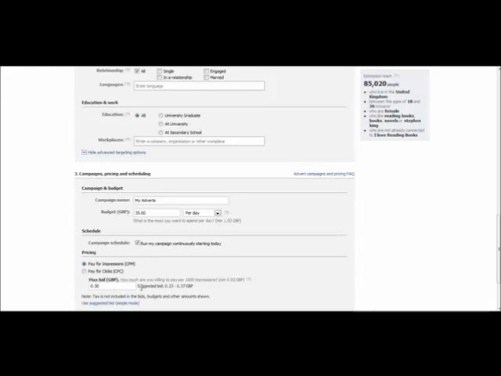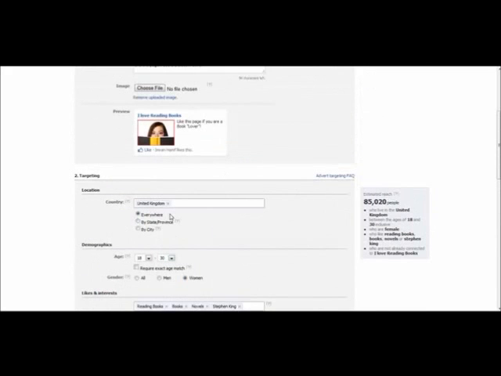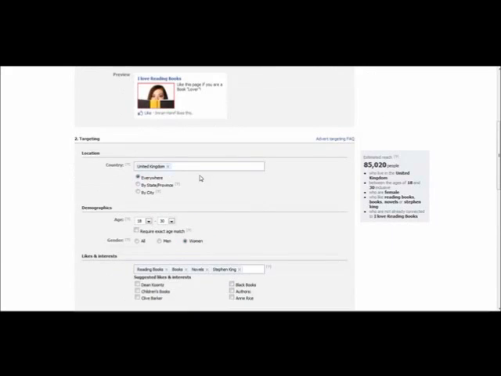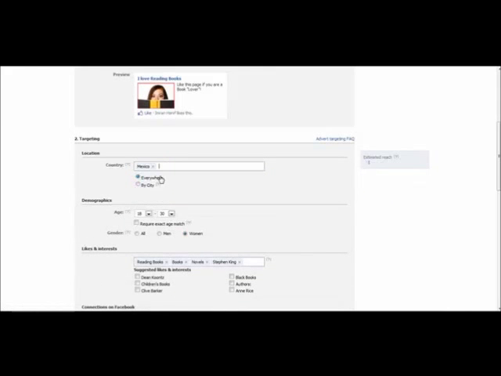This is the suggested bid feature from Facebook. I'm going to talk about this more in the next video, but first I want you to get your targeting right. Firstly, you need to decide on the country that you're going to target. Countries such as Pakistan, India, Indonesia and Mexico are going to be cheap. Let me give you an example. Let's look at Mexico.